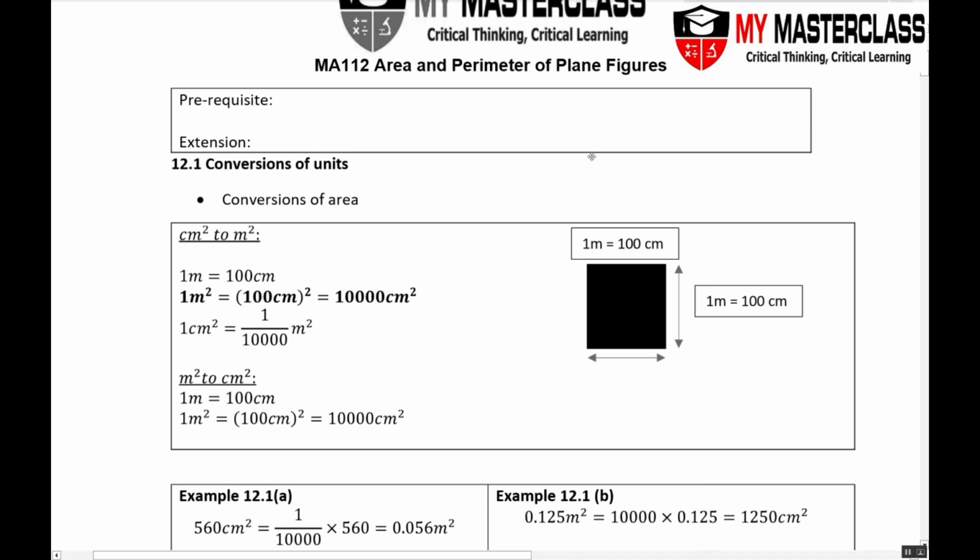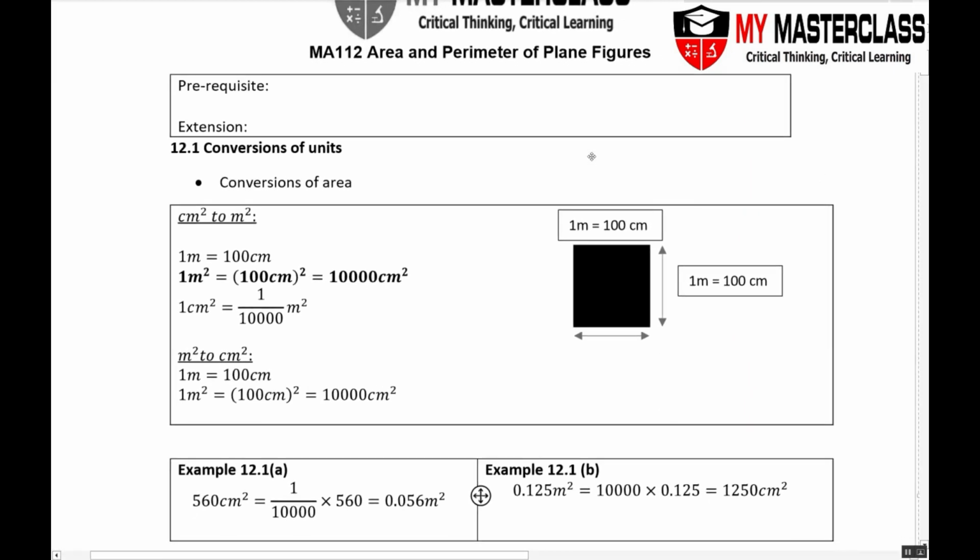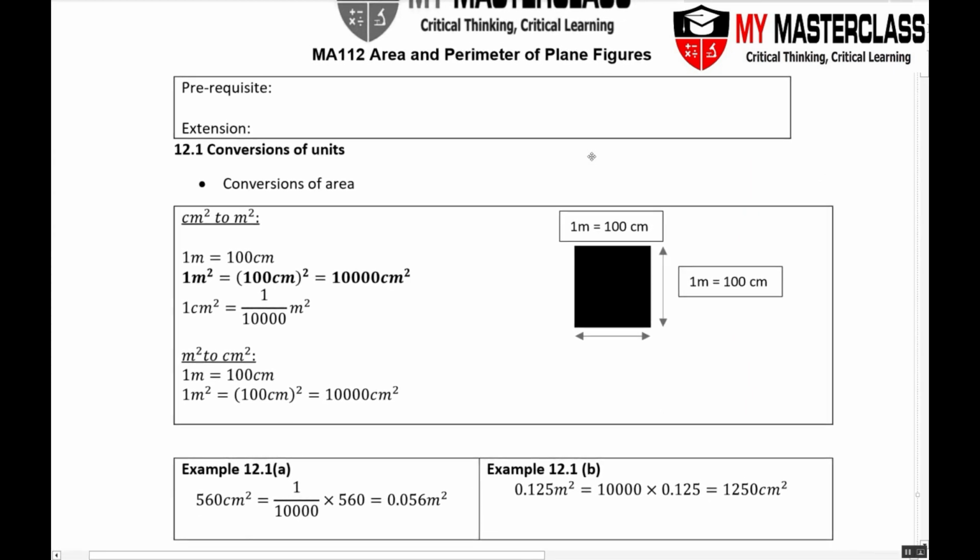Okay, so this is your chapter of MA 112, area and perimeter of plane figures. Essentially you're going to learn some formulas for area and perimeter of some of your common figures, like trapezium, your circle, your sector. Before we go into that, let's take a look at the conversion of units,